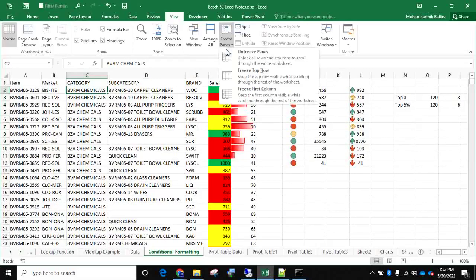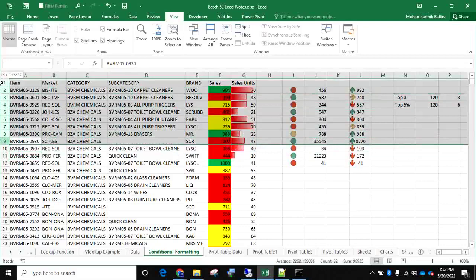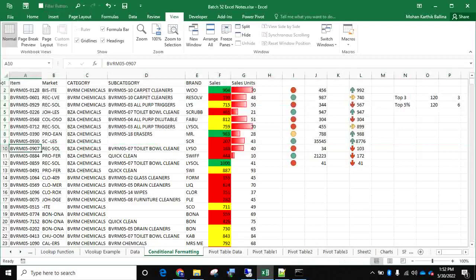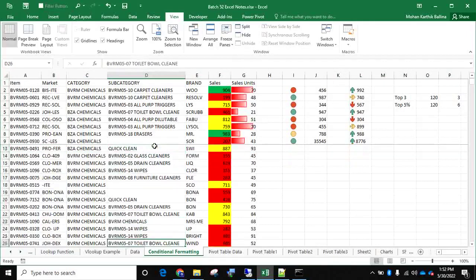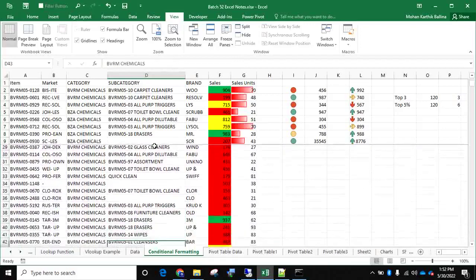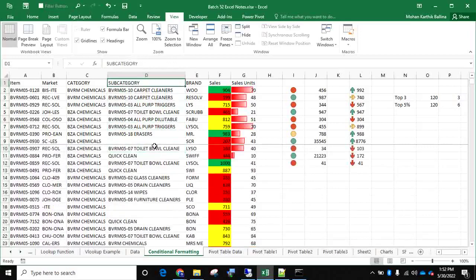So for example, I want to freeze the first 9 rows. I want to see the first 9 rows. Okay, for that, what you need to do: select the 10th row, Freeze Panes. Now you can see the first 9 rows, you can see it, right? Those are frozen. Okay, this is how we freeze row-wise, and even column-wise also we can do